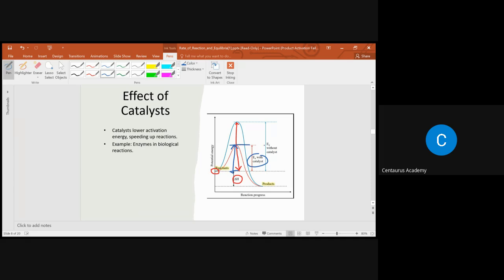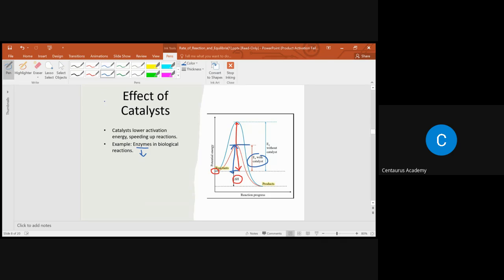So we can say that catalysts increase the rate of reaction by providing an alternative pathway, lowering the activation energy, thereby increasing the rate of reaction. One particular example is enzymes in biological reactions. Enzymes are biological catalysts. They tend to increase the rate of reaction,